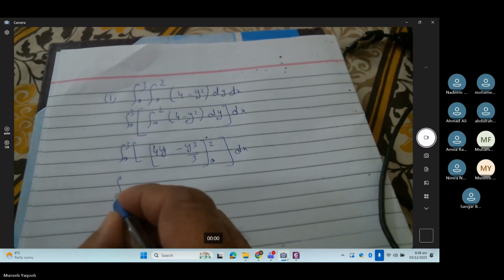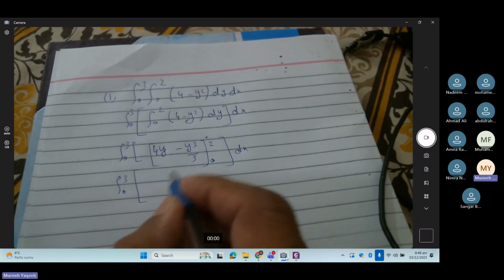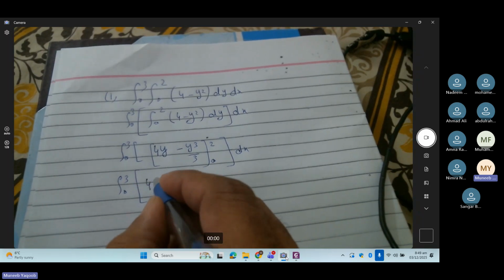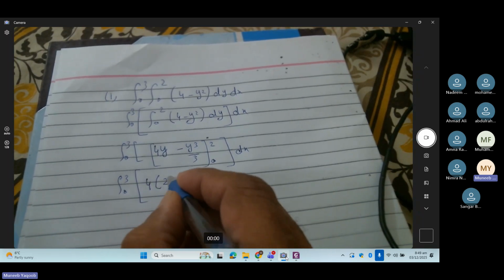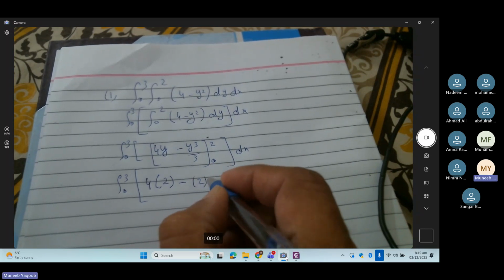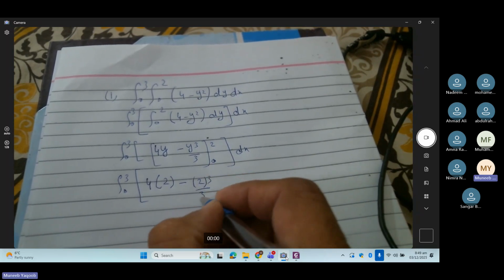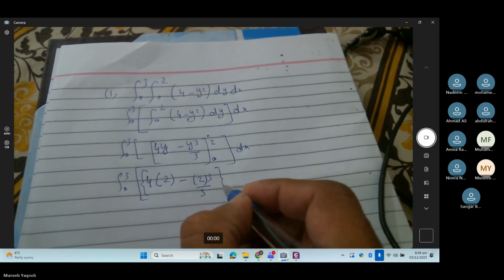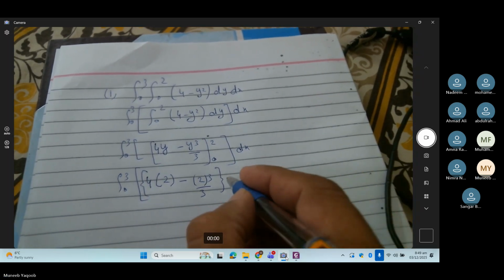So, integral 0 to 3. Now we will apply the upper limit. So it is 4 into 2 minus 2 cube upon 3. This is our first limit minus,